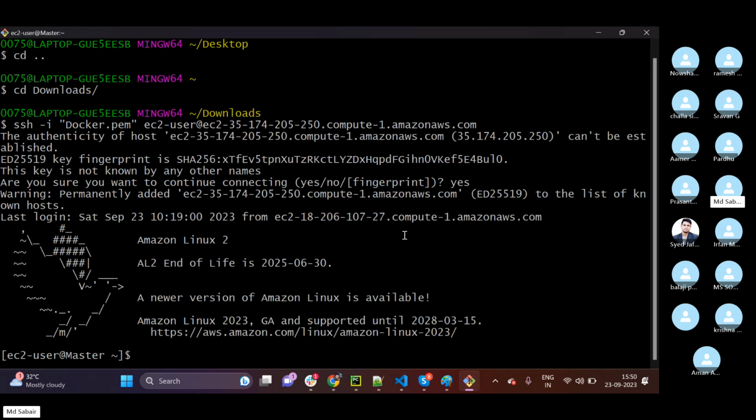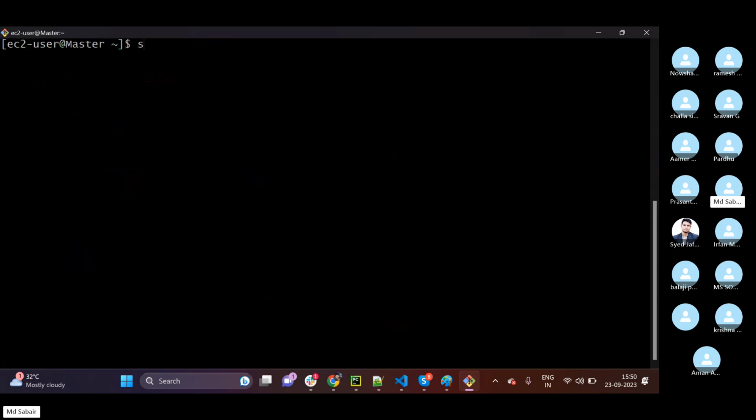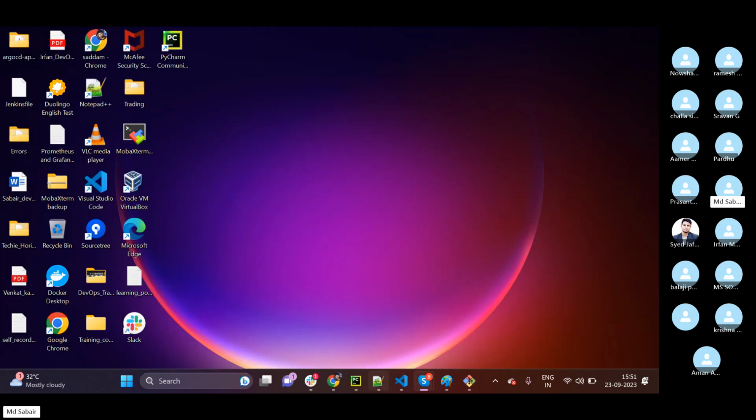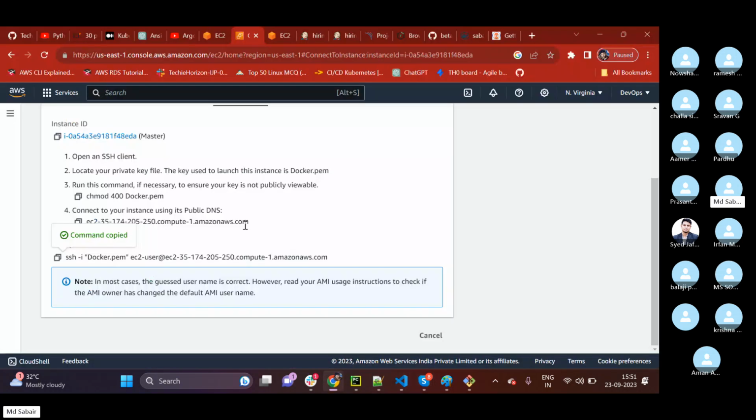So Argo CD will follow the GitOps principles. Okay, so this is my master, kubectl get ns. Here you can see one namespace is already created. I created this 20 hours ago, means yesterday. So how did I create it? I executed this command,